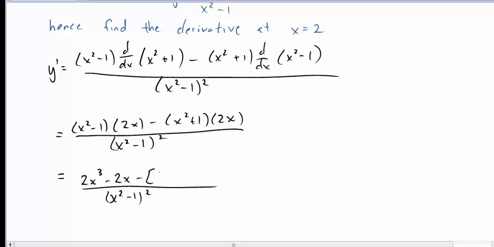Be careful here with the negative. 2x cubed plus 2x. And what we get for the derivative for y prime is negative 4x over x squared minus 1 quantity squared. And we wanted to find the derivative at x equals 2. So at x equals 2, y prime is equal to